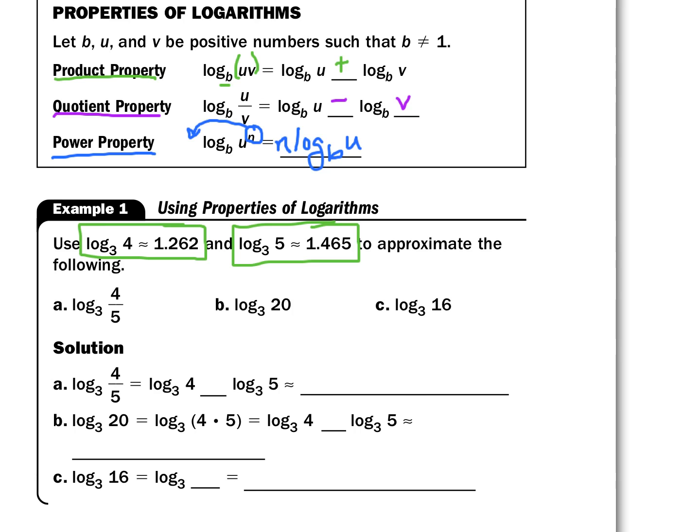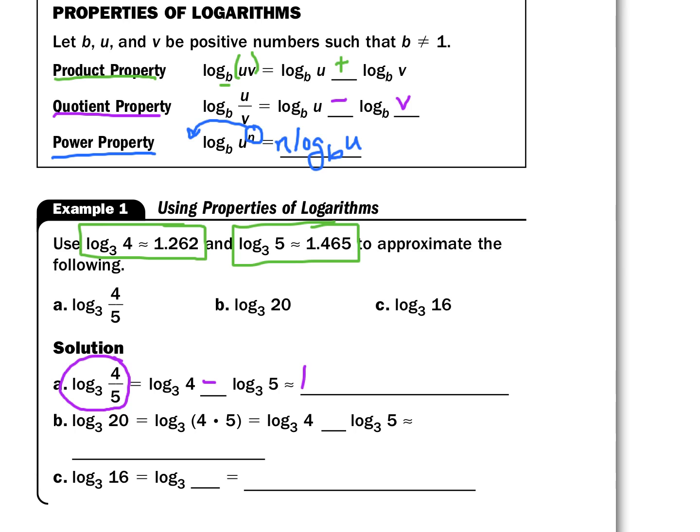So for A, we have log base 3 of 4 over 5. So we're going to use our quotient property. So we use the quotient property here for log base 3 of 4 over 5. So that's log base 3 of 4 minus log base 3 of 5,